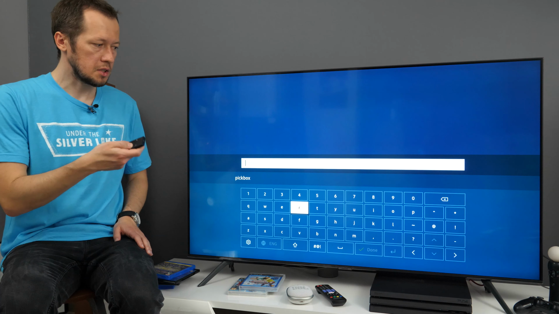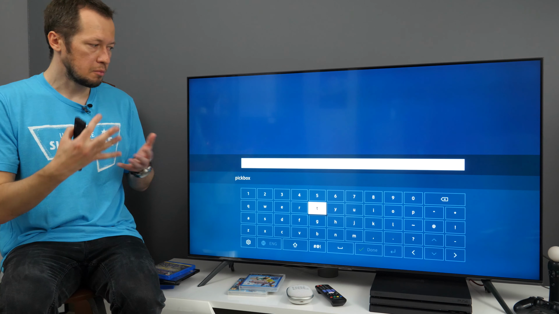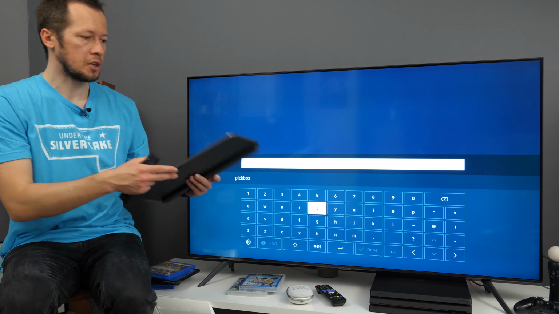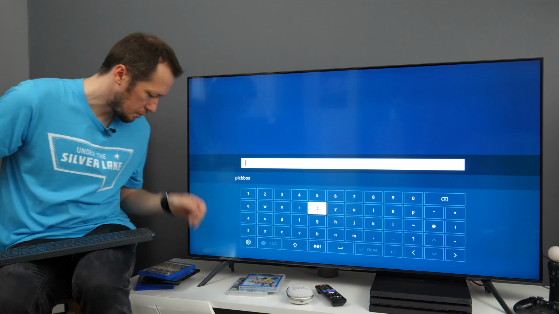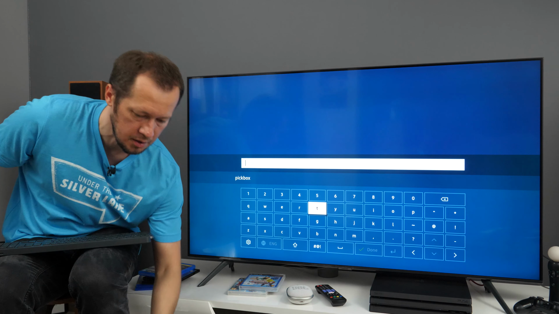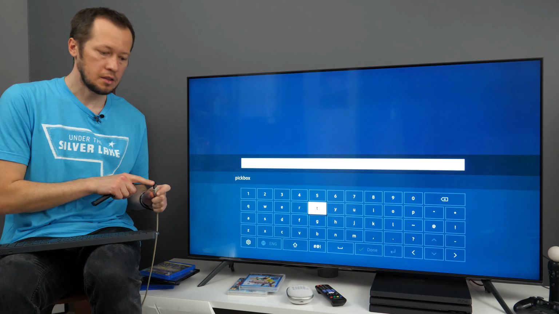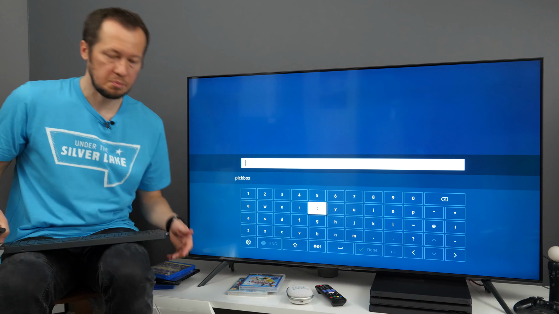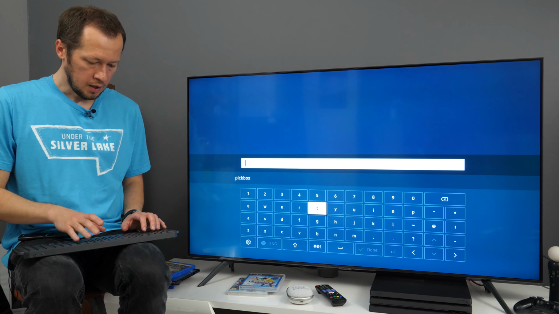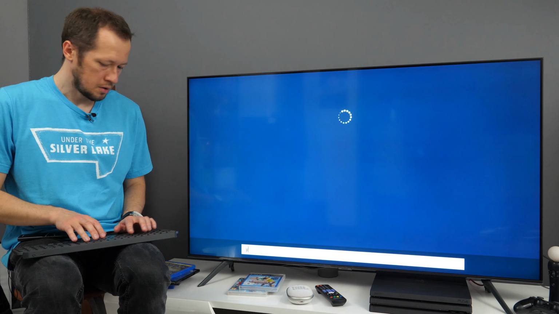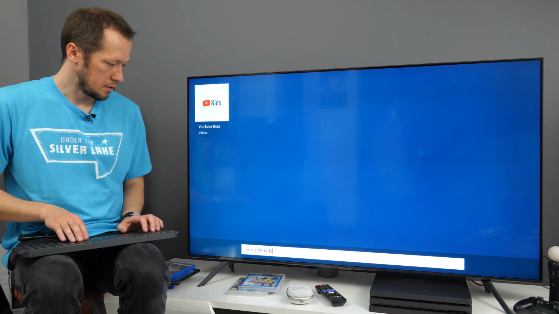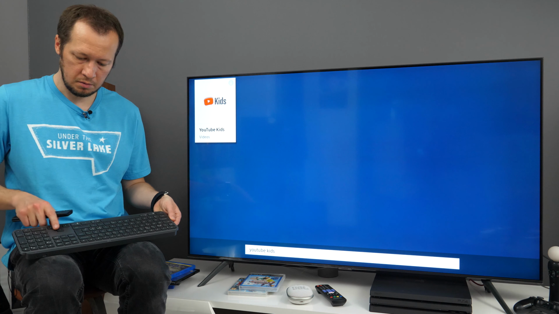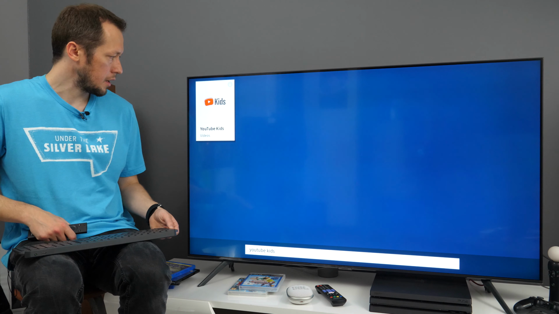You can do it using the remote, but for a more convenient way, I have this wireless keyboard, and via USB I have its receiver connected. I use this extension cord just to speed up the demonstration. And now if we write YouTube Kids, you see the app right here. So I can use navigational arrows, click OK,